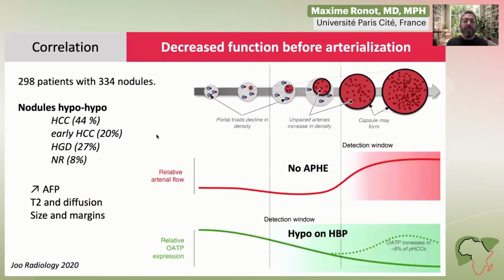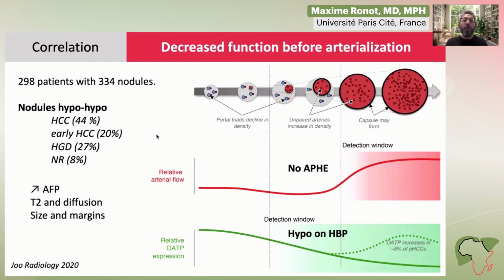Now, very interestingly, this decrease in the function precedes the appearance of arterialization. So during a certain period of time, specific nodules will not show arterial phase hyperenhancement, but they will already show signal hypointensity on hepatobiliary phase. And those hypo nodules are very interesting because they correspond to a mix of early HCC and high-grade dysplastic nodules, so very important for patient monitoring and diagnosis. And of course, the larger the tumor is, the more visible it is on T2 and diffusion,